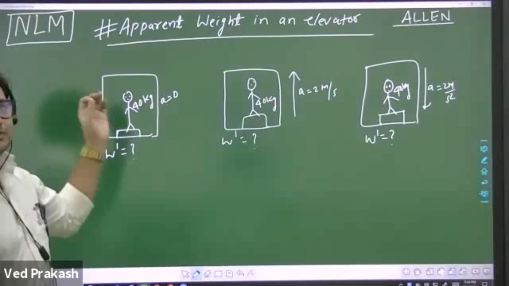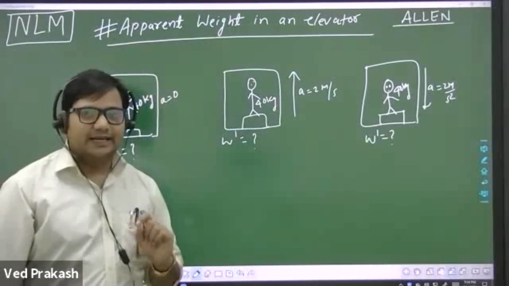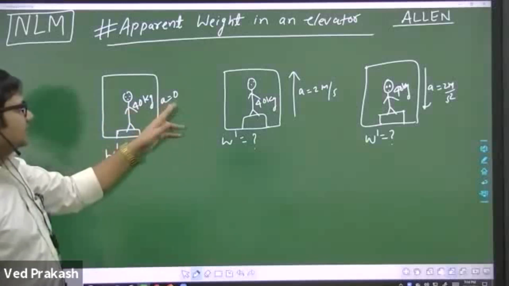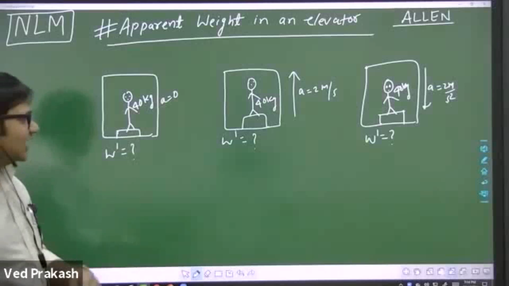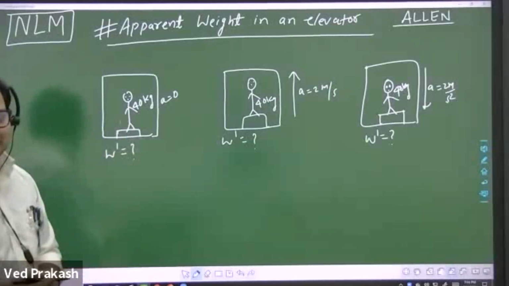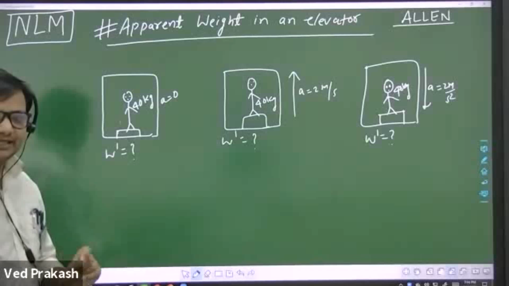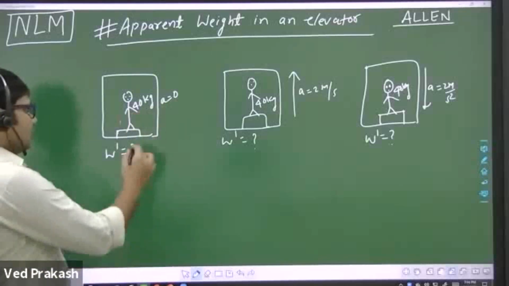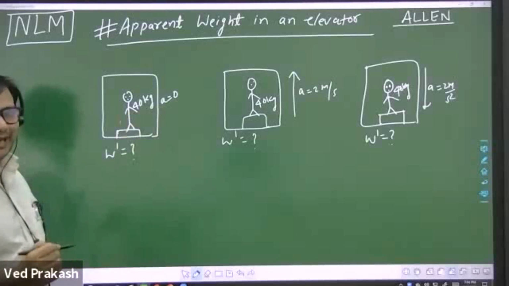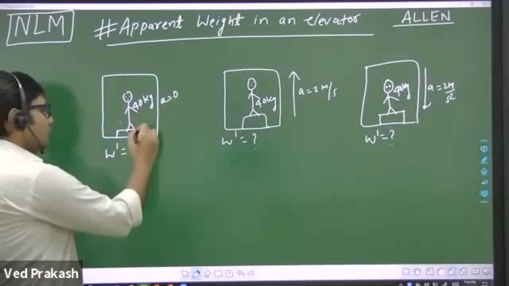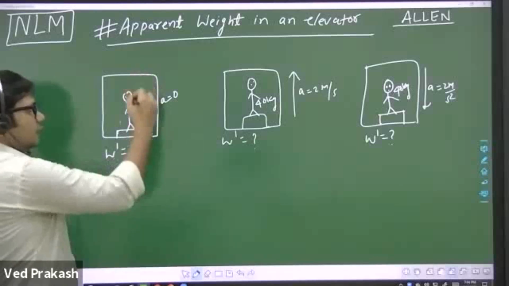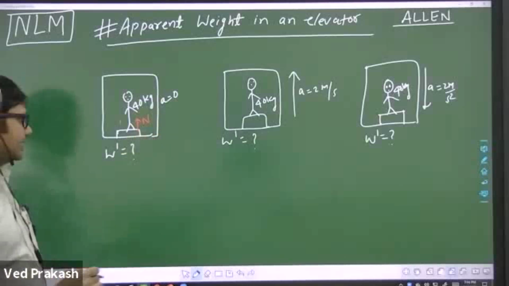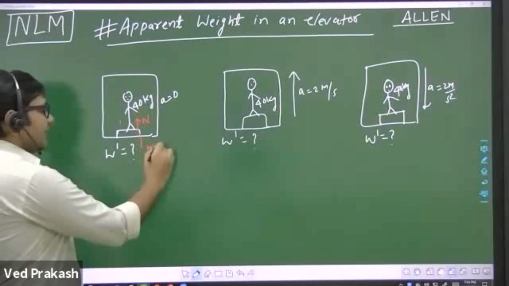Is it? So in this part, we will learn about apparent weight in an elevator. Here an elevator is given which is moving with zero acceleration, meaning constant velocity, and you have to find the apparent weight of this man standing on a weighing machine in this lift. Suppose his mass is 40 kg. The forces acting on this man will be a downward force mg and an upward normal reaction, here the normal reaction exerted by this weighing machine, and the downward force mg will act on this man.